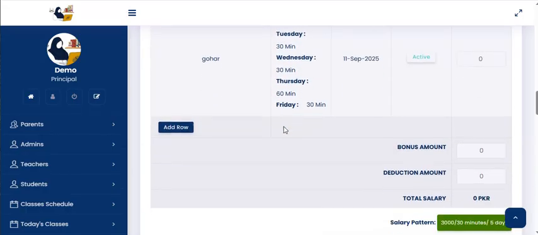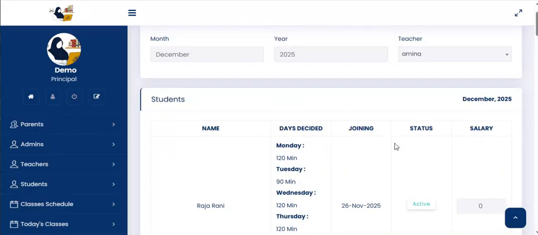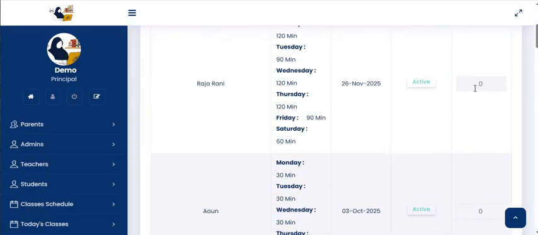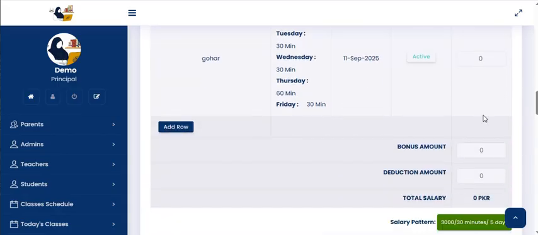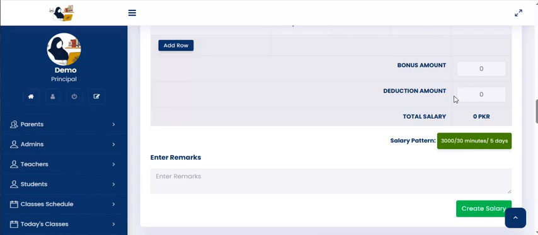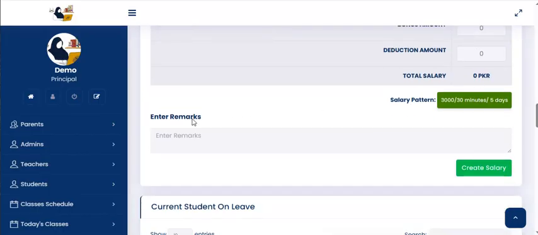These are all the students, and it depends on what salary pattern you have chosen for her. You can put the salary for each student individually, or as a whole, as you have decided. And then you add any bonuses or any deductions due to any reason. If there is a bonus, you can mention the appreciation remarks here. If there is a deduction, you can state the reason why it is being deducted,